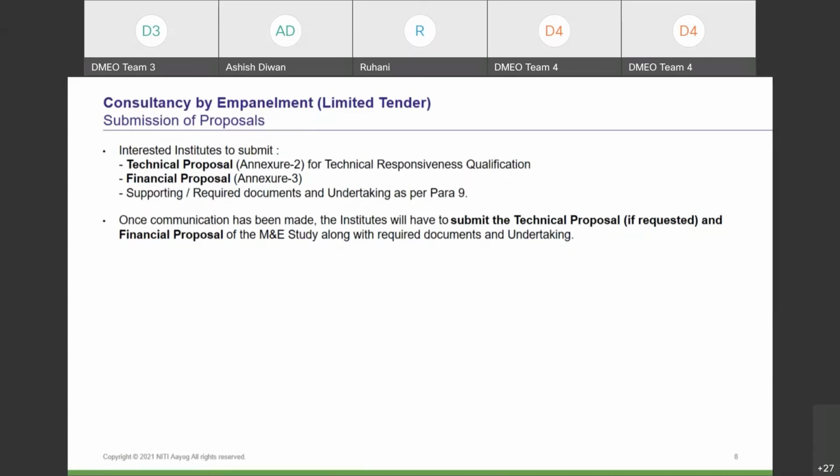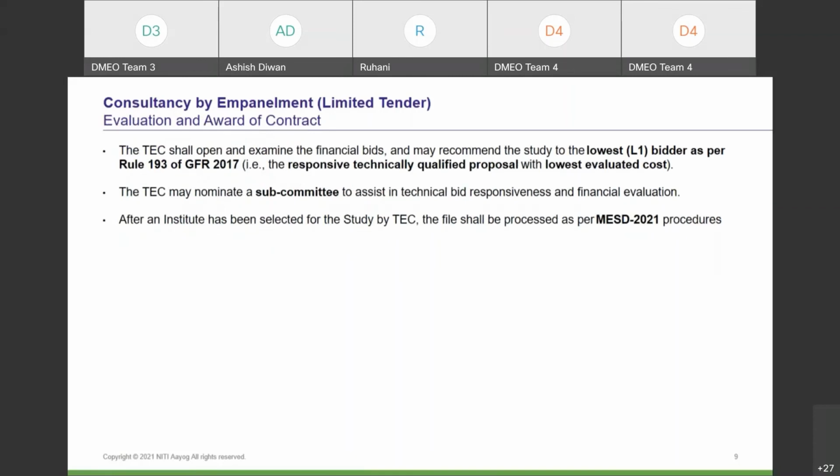So these interested institutions then have to submit both the financial and technical proposals. And then eventually we move on to the evaluation part of the process and the award of contract. So the TEC then opens and examines the financial bid, and then it may recommend the study to the lowest bid, that is the responsive, technically qualified proposal with the lowest evaluation cost as per Rule 193 of